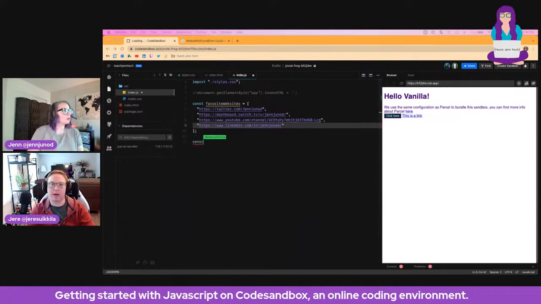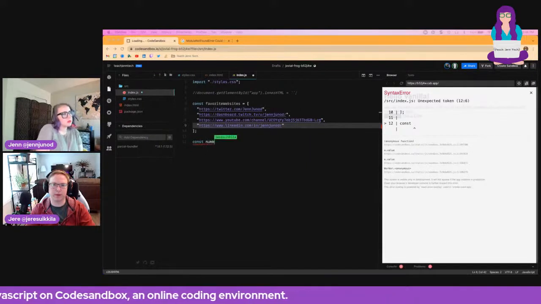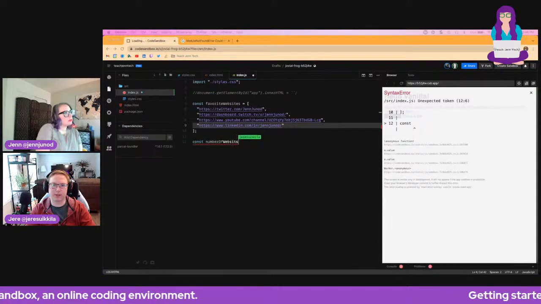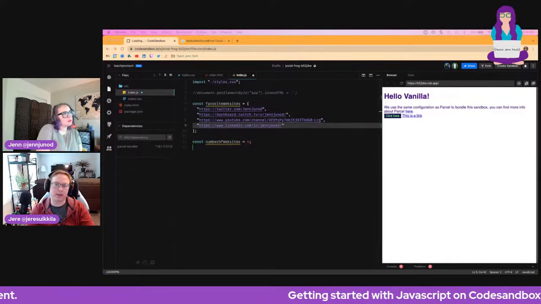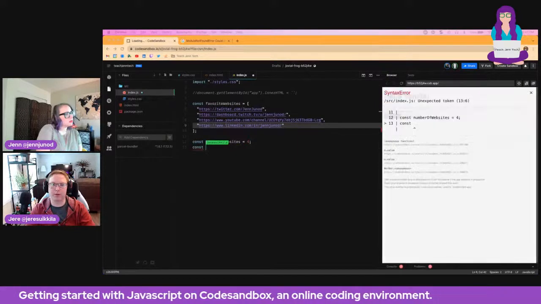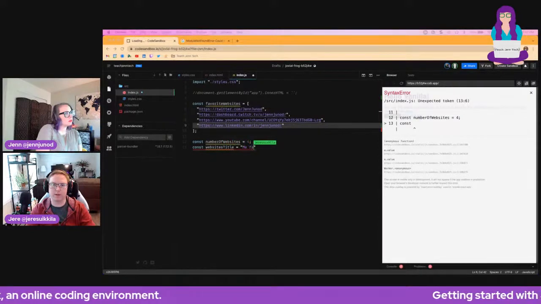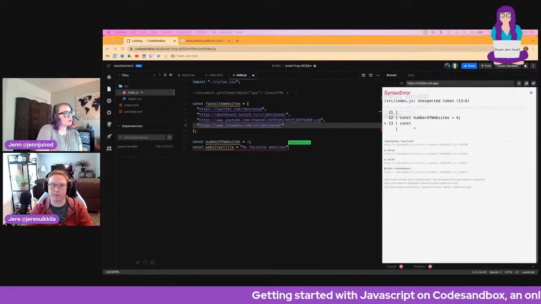So let's look at different types of variables. We can also have number of websites, and that is now 4. So that's a number variable. And then we can do websites title, my favorite websites, and this is a string variable.